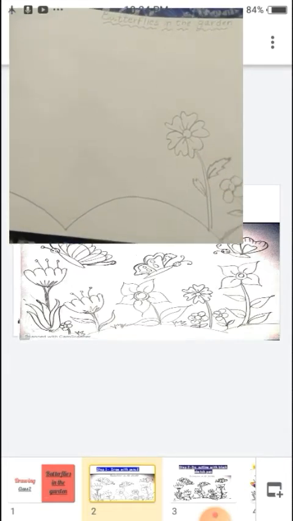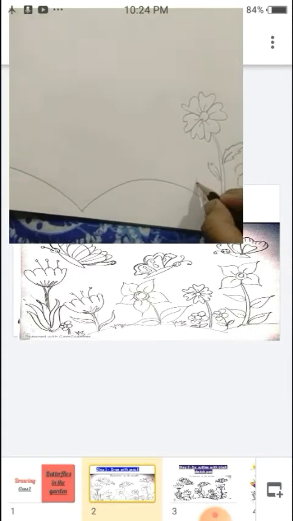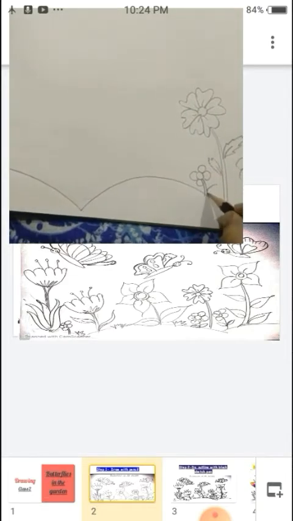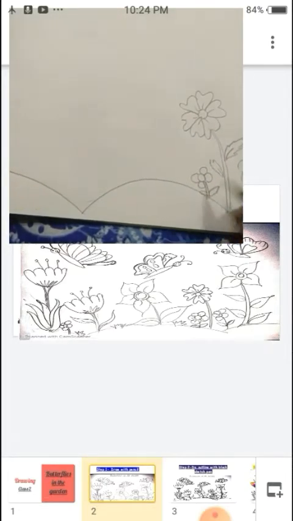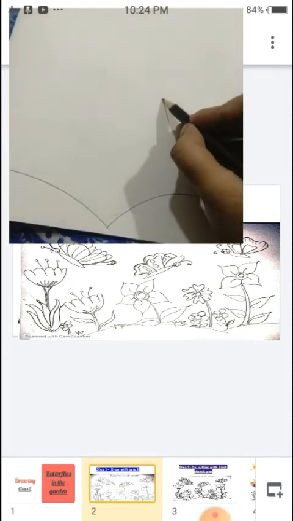I like this flower, so I made this. Here one more small flower. Okay students, I hope you can do it at home to practice. Now here one more little big flower.